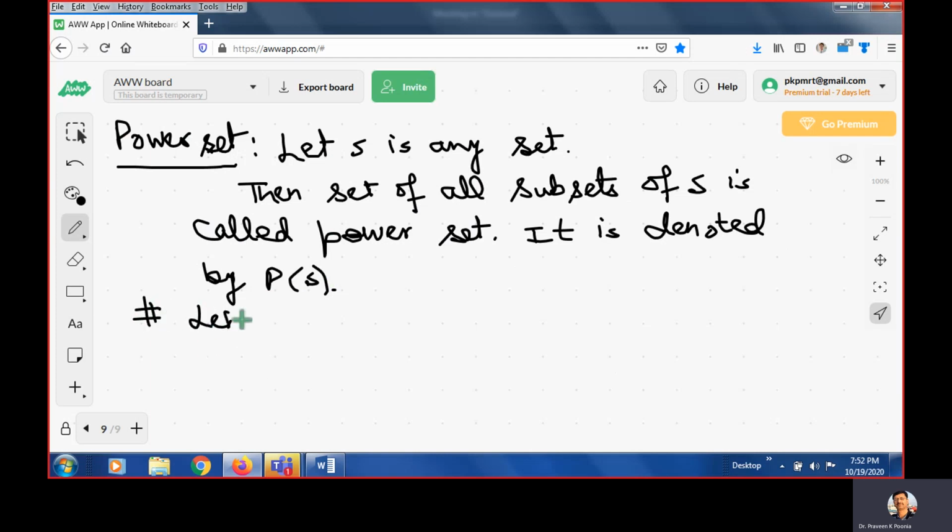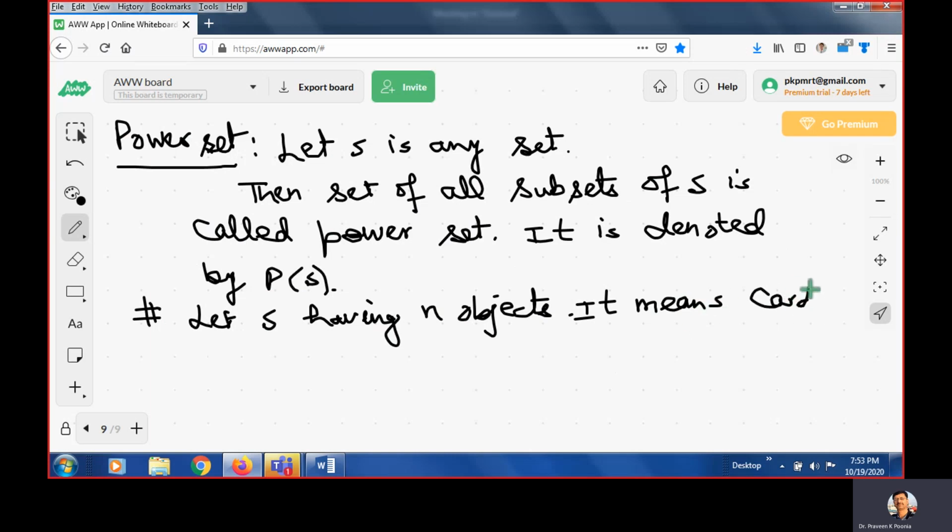Let S have n objects. If the set has n objects, that is called cardinality. Cardinality is n. Then